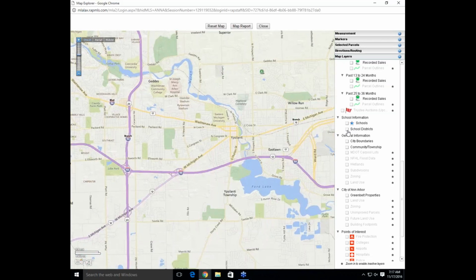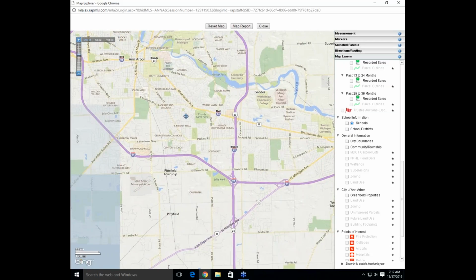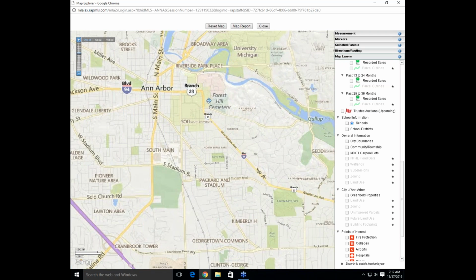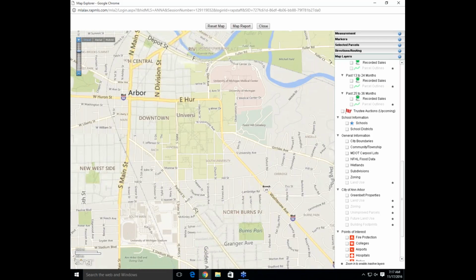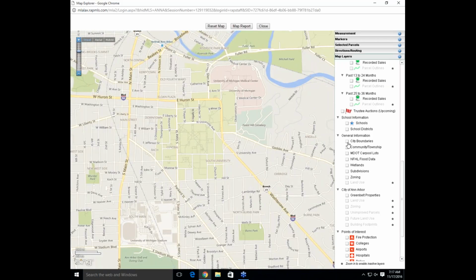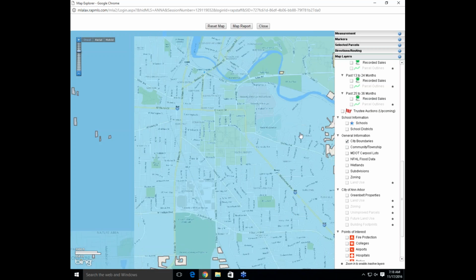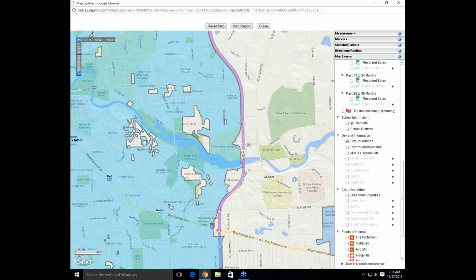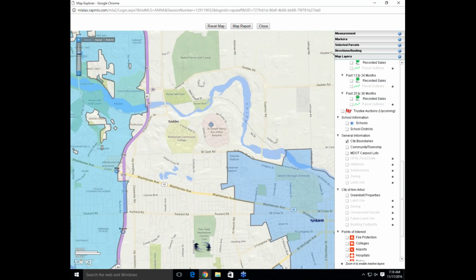So we'll uncheck all the school and school district info. And now I'm going to zoom in a little bit more here. And then we're going to get into the general information layers. So you also have city boundaries, which is really neat. So once you select city boundaries, I will zoom in a little bit more. Toggle to the right. Here it'll give you the city boundaries